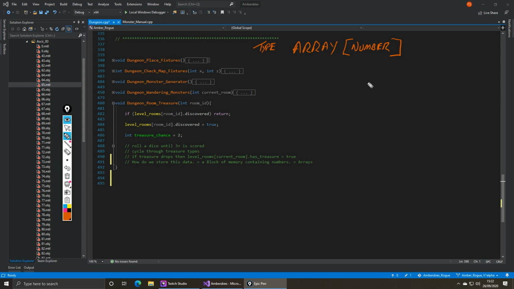What the programming language will do is then take a block of memory of size.